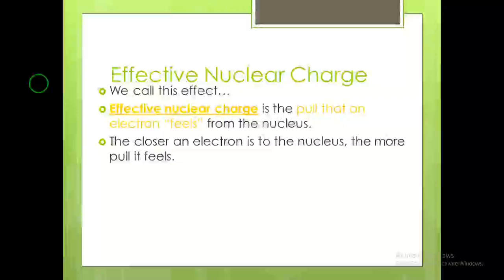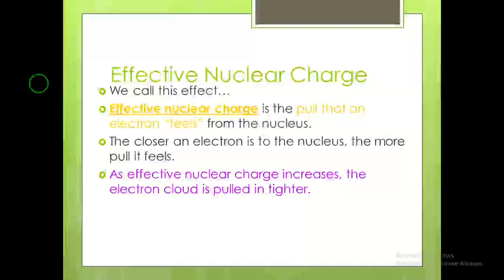The pull is not as much. Now, when we have more electrons around the shell, it increases the pull as long as we have an extra proton. As in, when we add a proton and an electron, the pull becomes stronger. When we add what? A proton and an electron. But if we just add an electron, although the pull